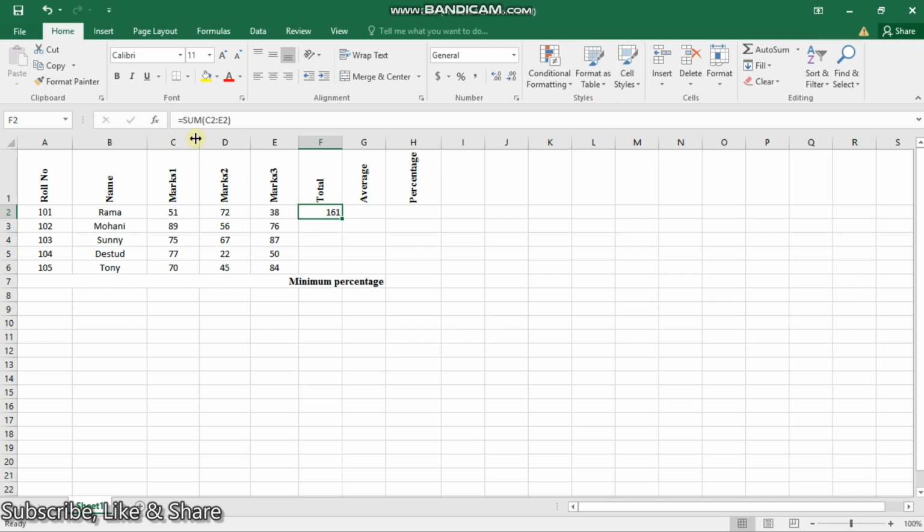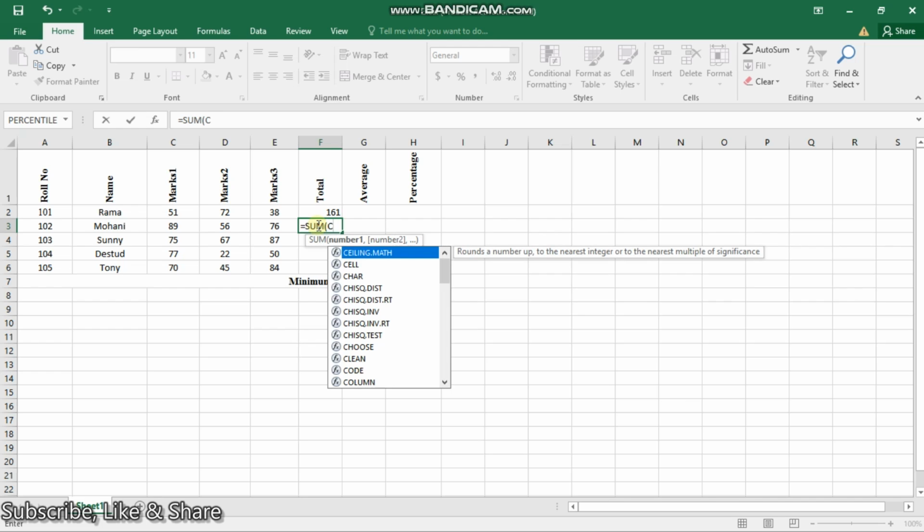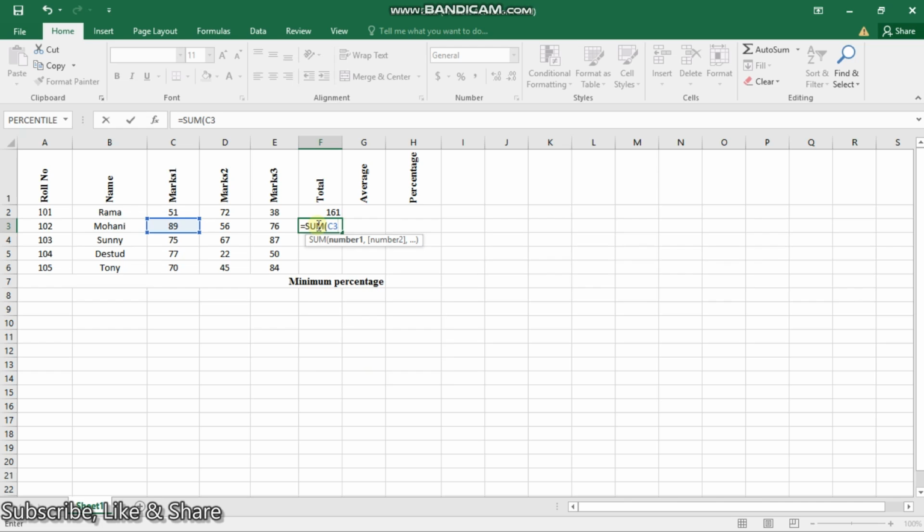Now, how to calculate the total marks using formula? First, you'll have to do like this here. First, you'll have to start with equal sign, then you'll have to write sum, and then opening the bracket, then you'll have to indicate sum from where up to where. So here I will have to do from C3, you see, then you put comma, up to